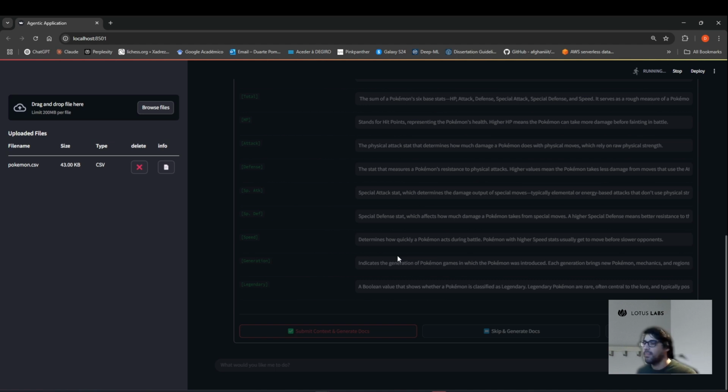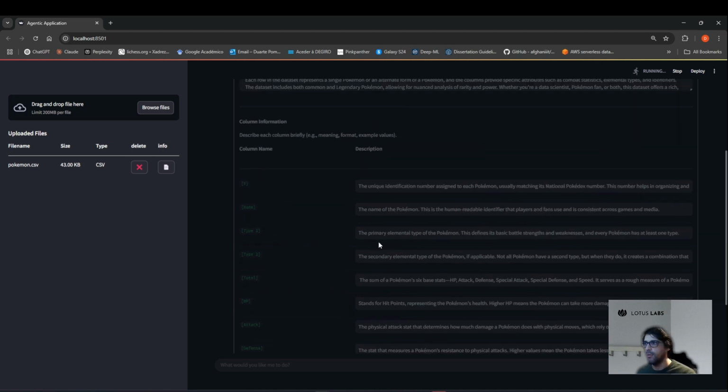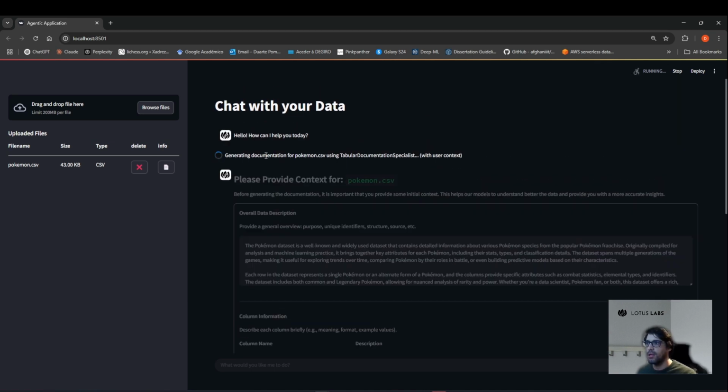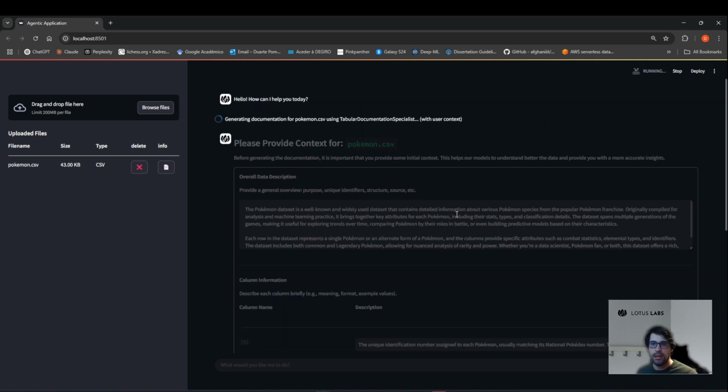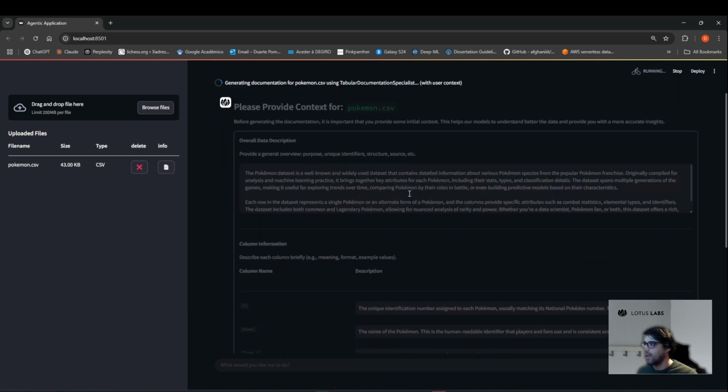Okay. And afterwards, you can also delete the file if you want. We don't want to do that right now. Okay. You see here that it's generating the documentation for the Pokemon.csv with user context. Okay. And this takes a little bit, of course, and after it generates the documentation, you will be able